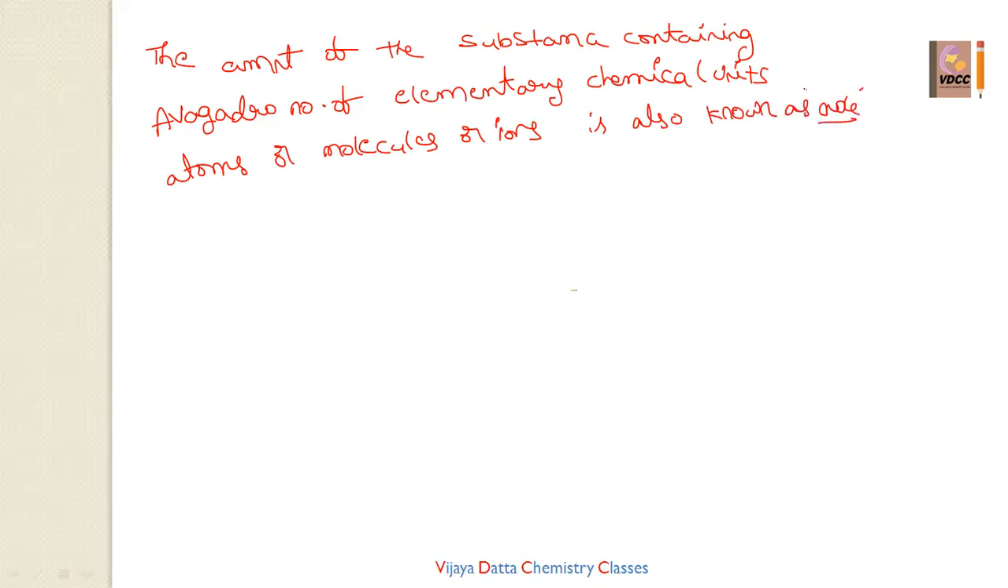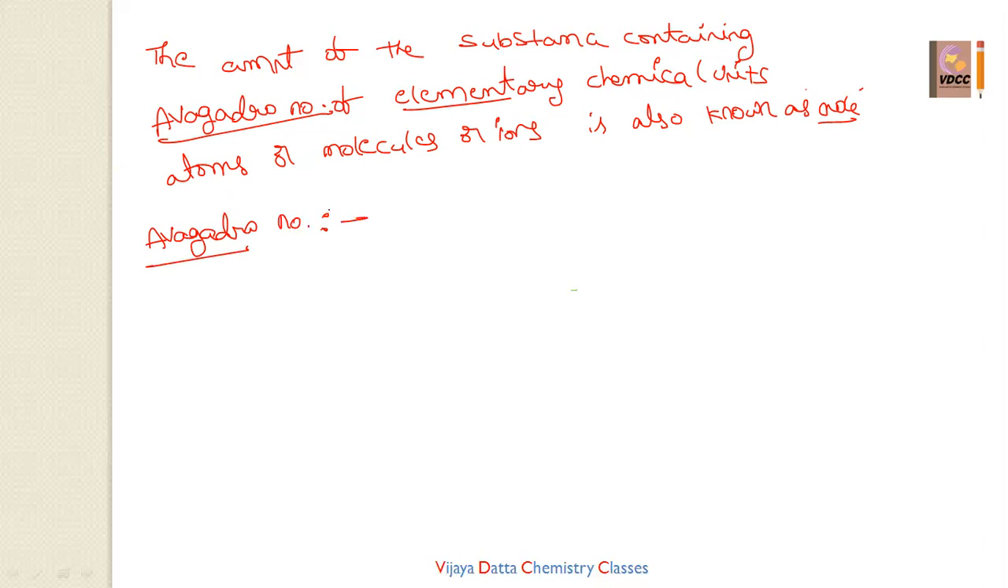So this is nothing, this is the definition. The amount of the substance containing Avogadro number of elementary chemical units, those are atoms or molecules or ions, is called the mole concept. So what is this Avogadro number? What is meant by Avogadro number? Avogadro number definition is